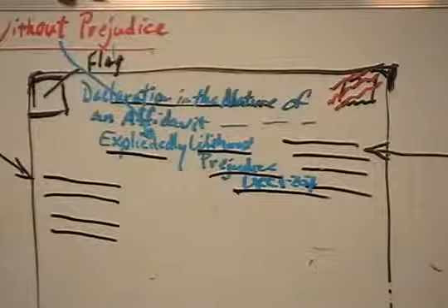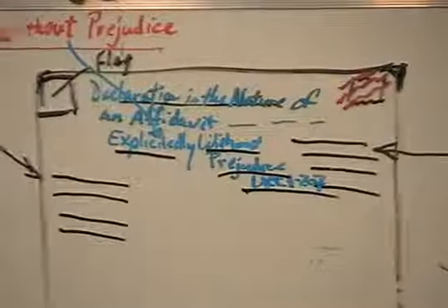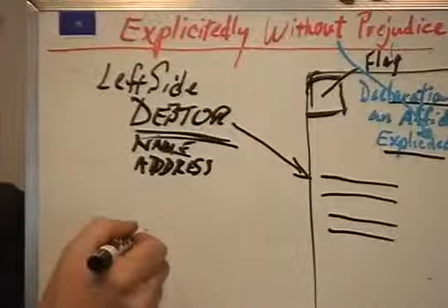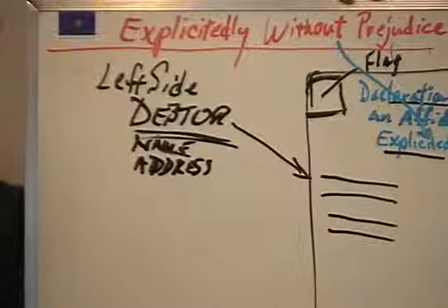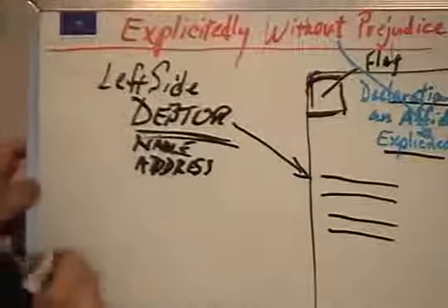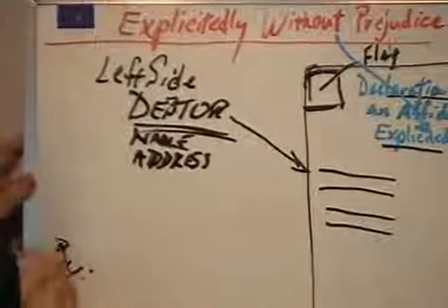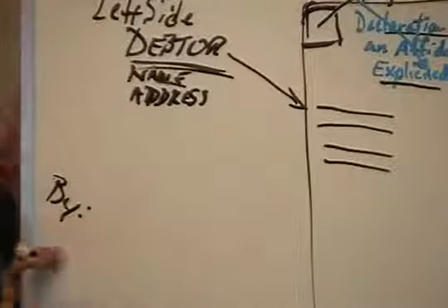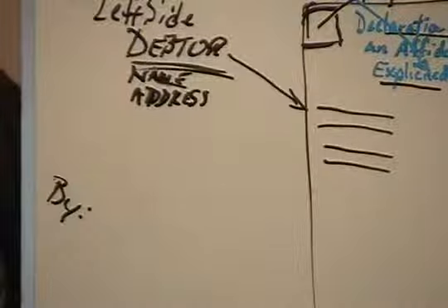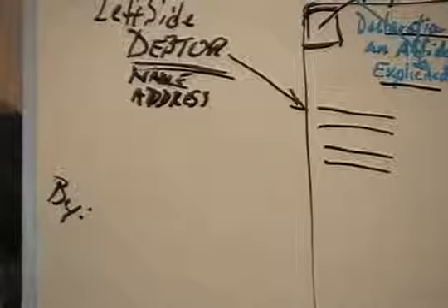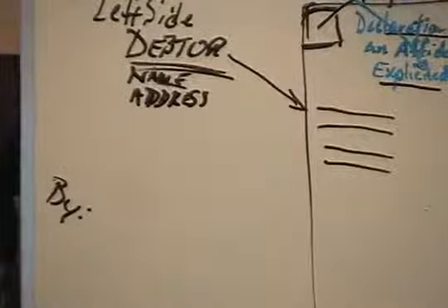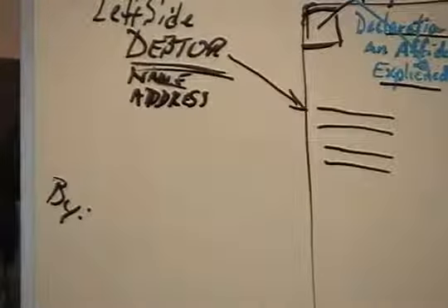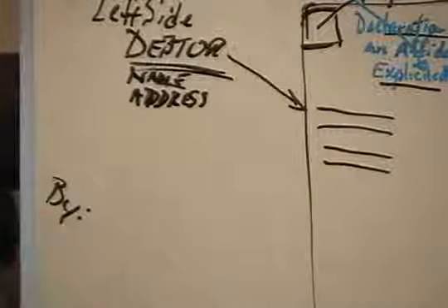All right, so we put the address of the debtor over here. Name is a noun, noun is a thing. And I went over, I am not the name. I go by the name. This came from, I'll just review here, it can be capital B or lowercase letter b, it doesn't matter. This came from a senior banker telling one that goes by the name Don that I know of, who's a friend of the one that goes by the name Rice that I know of also. A senior banker 25 years ago told him, Don, never, ever sign anything without bicolon.